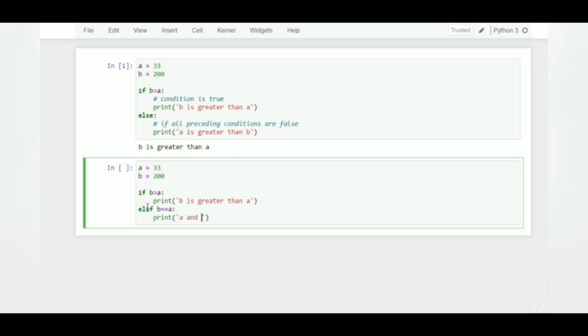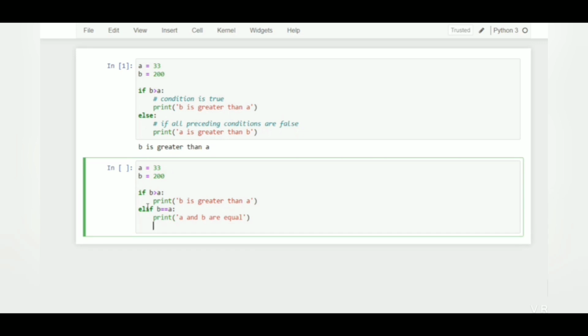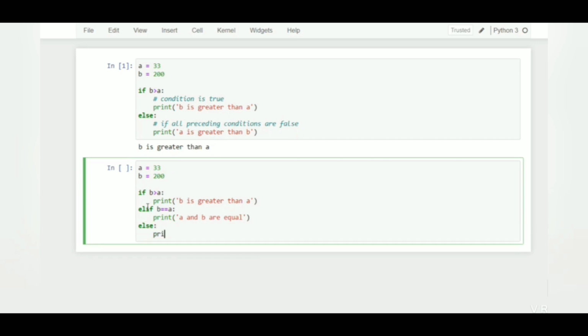So we will write print a and b are equal. Otherwise we can write print a is greater than b.